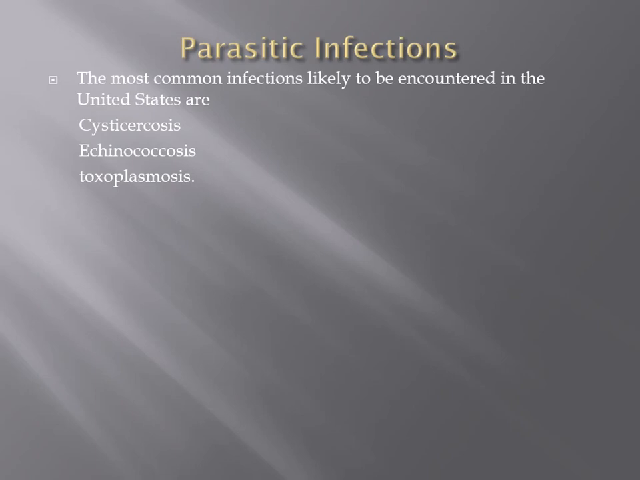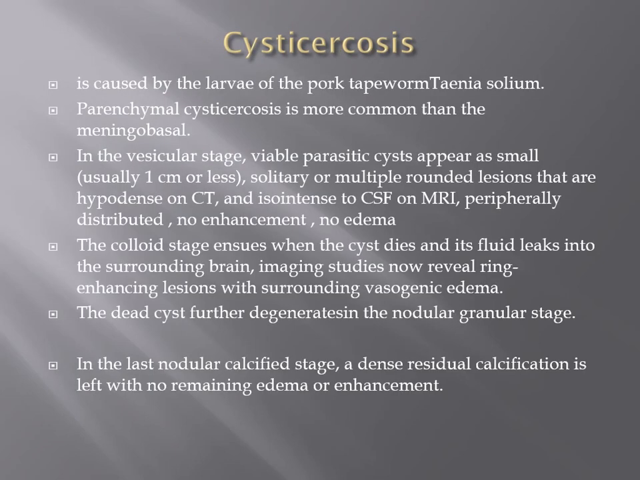Parasitic infection. The most common infections likely to be encountered in the United States are cysticercosis, echinococcus granulosus, and toxoplasmosis. Cysticercosis is caused by the larvae of the pork tapeworm Taenia solium. Parenchymal cysticercosis is more common than meningobasal. It has 4 stages. In the vesicular stage, viable parasites appear as small, usually 1 cm or less, solitary or multiple round lesions that are hypodense on CT and isointense to CSF on MRI, peripherally distributed, with no enhancement,